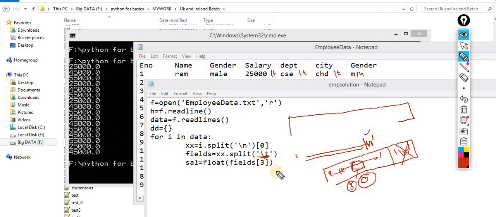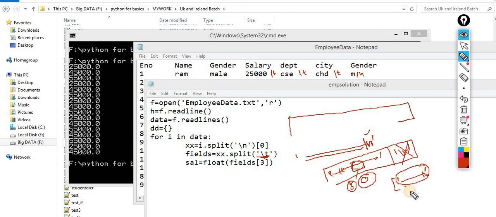Okay, sir. Means after that we split the data on the basis of tab. Yes, because when you read the list, this one is the data in the form of a list having the \n. First I read the index of 0, and I split it on the basis of this \n.